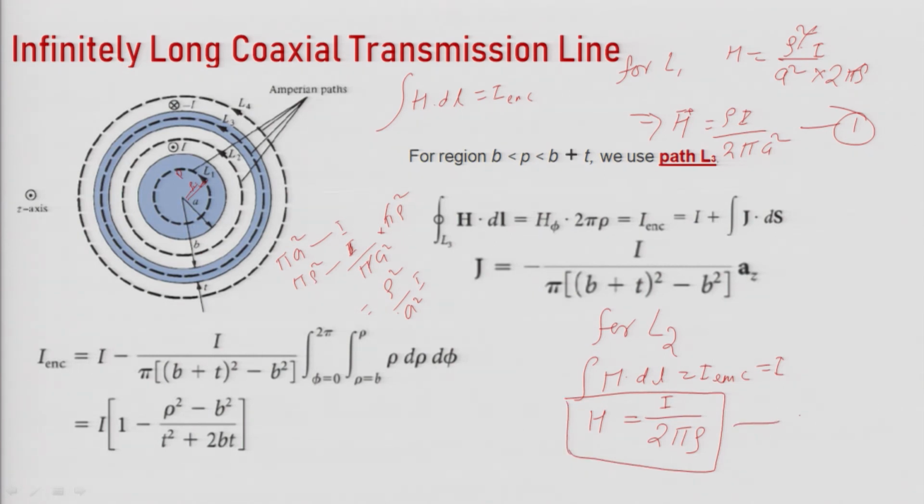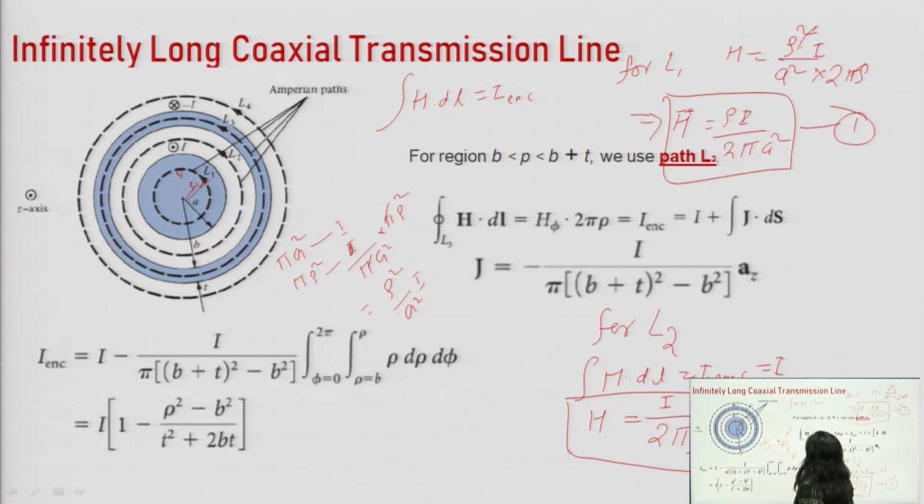This is equation 2. This is equation 1. Similarly, now we will see L3, which is in between B and this thickness T. For that again we will use Ampere's law, that is H dot dl is equal to I enclosed,